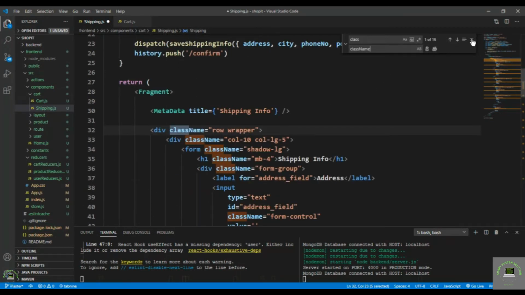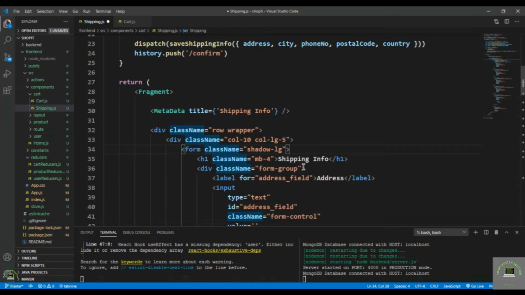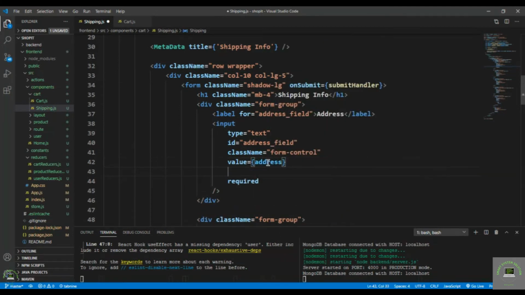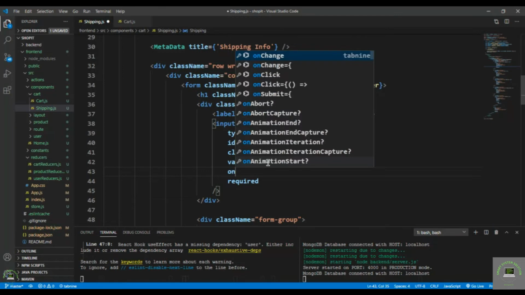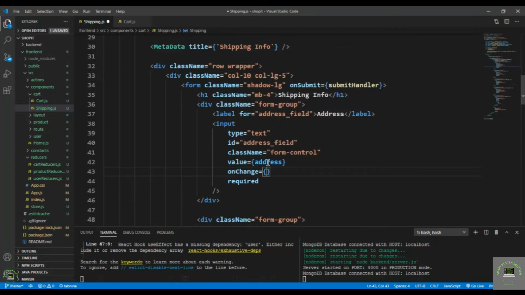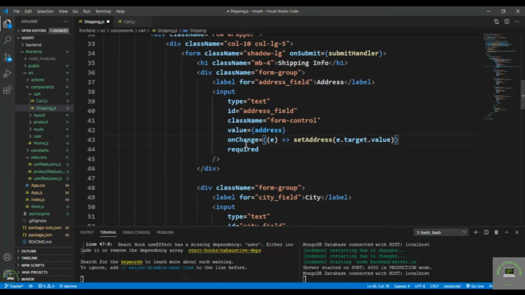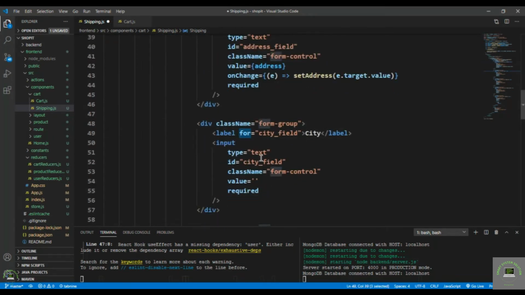Okay, and then after that, first of all, on the form, I simply put onSubmit, the submit handler, and then after that the address field, so value is going to be address, and then onChange I simply set the address to e.target.value, and then let's also change here the htmlFor. Copy this one, put it here,